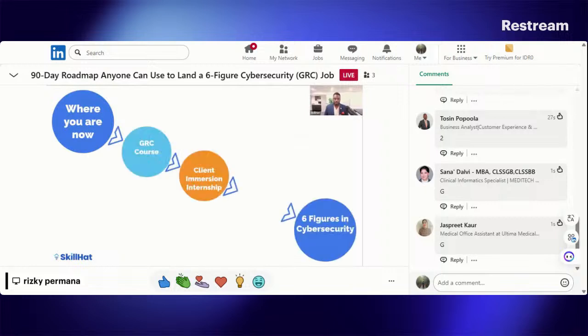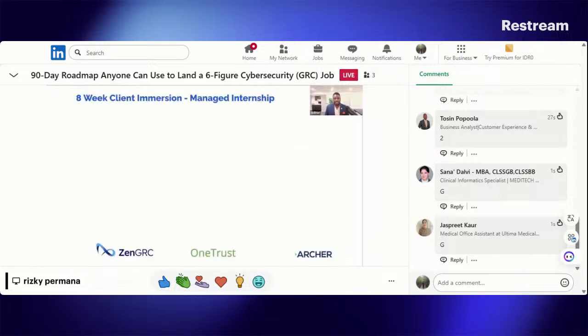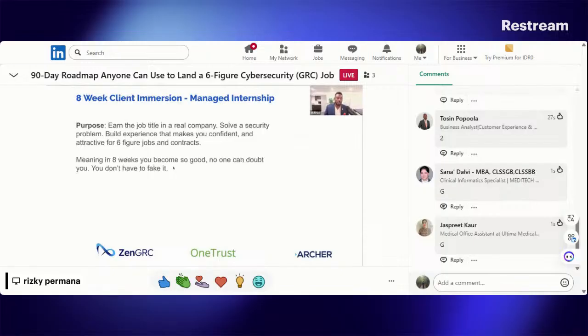So that's step one. Now, step two, the client immersion internship, the 8 weeks. This is one of the places I love about the program. It's freaking hard for us to run this program, but we have to do it because that's what's required for success. Now, the purpose is to earn the actual job title in a real company, solve a real security problem, build the experience that makes you confident and attractive for 6-figure jobs and contracts.